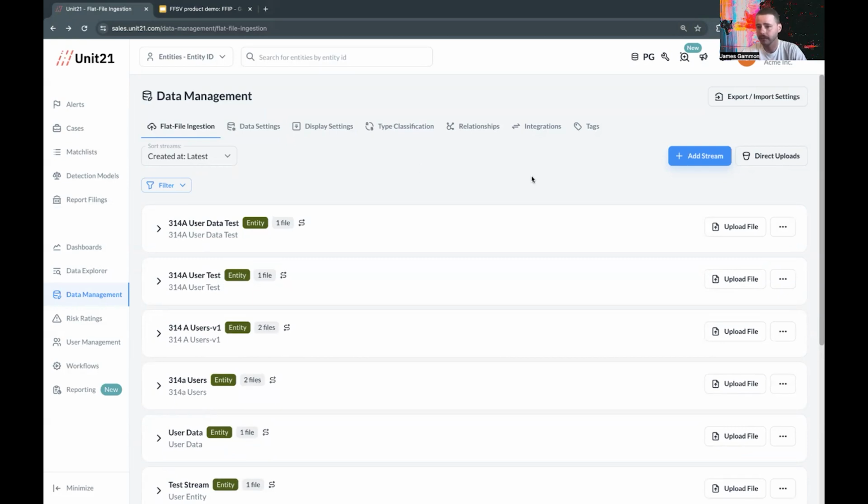The idea here is that you can create separate streams for separate objects within Unit 21. There are three primary objects. I won't go into this too deeply, but Unit 21's data structure has three separate objects: entities, which would be users and businesses, essentially your customers, right? Instruments are going to be payment facilitators, things like bank accounts, credit cards, debit cards, crypto wallets. And then you have transactions, which are the culmination of these three objects, or those other two objects, I should say,